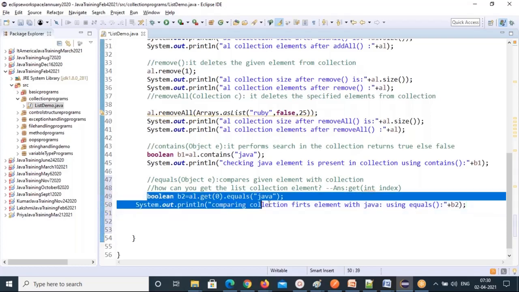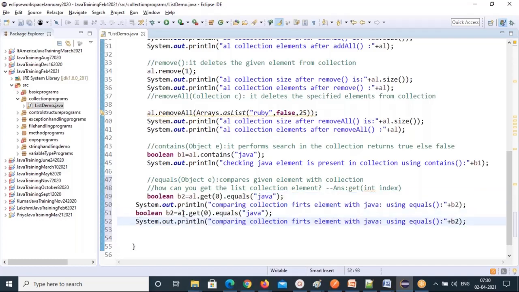I can do the same thing in a negative way. In the first place you have this Java, and I'll check it with Ruby. So is Ruby there or not? Comparing collection first element with Ruby using equals method, and this is b3.